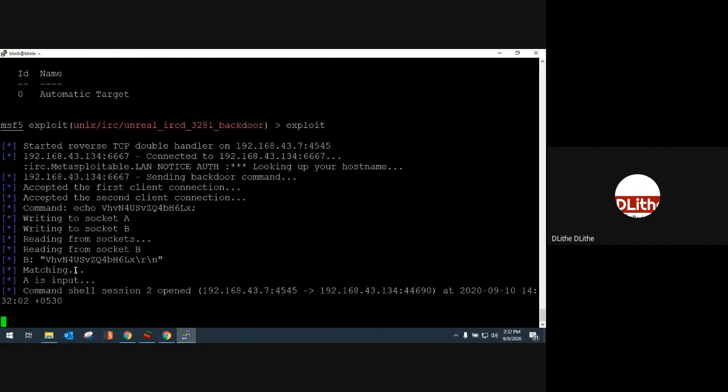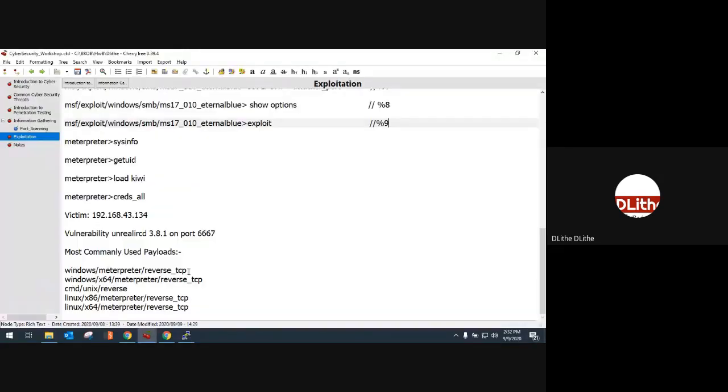If you compare yesterday's session and today's session, if you recall, the payload that we used in yesterday's session was this one, isn't it? It was CMD, Windows x64 Meterpreter reverse TCP. So we were using an interpreter payload called Meterpreter. The advantage of Meterpreter is you will be able to upload and download files, get the password hashes, all those things, isn't it? But the payload that we're using today is not a Meterpreter, but instead we're using a CMD of a Unix-based machine.